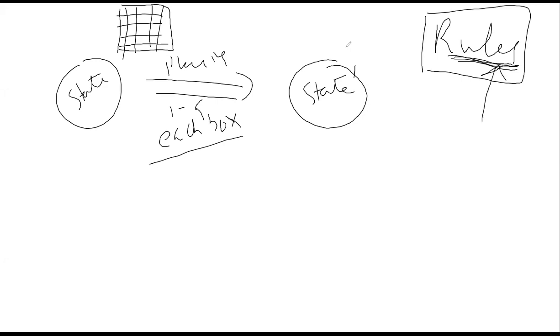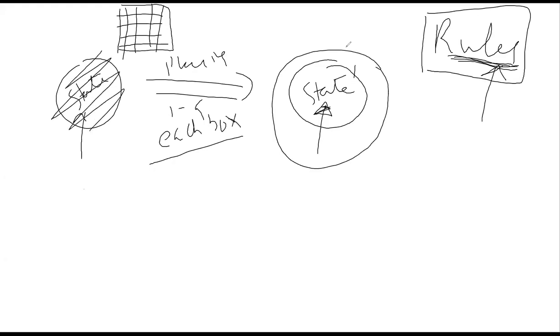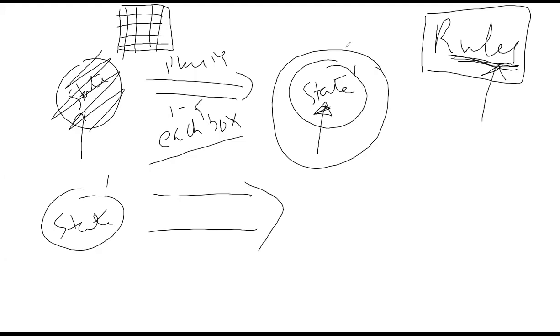Now once you have modified this state into a state dash, just replace this state and put the state dash into here. And the logic or the rules of migration, the rules of changing the state, will always remain the same. You'll have a similar set of migration from state dash now to state double dash.